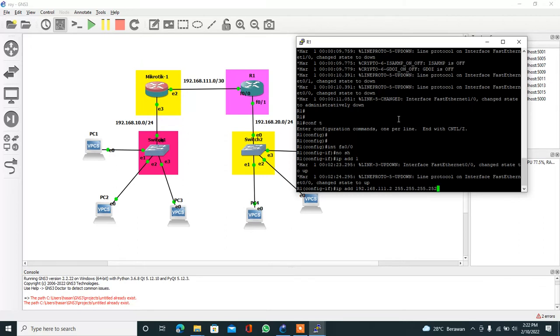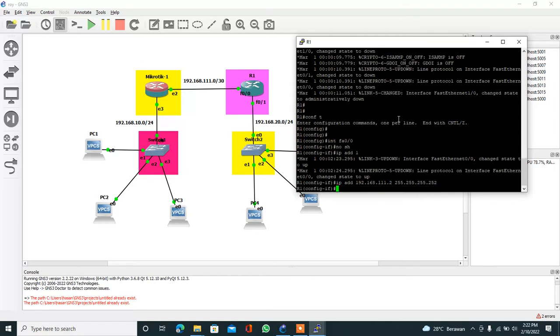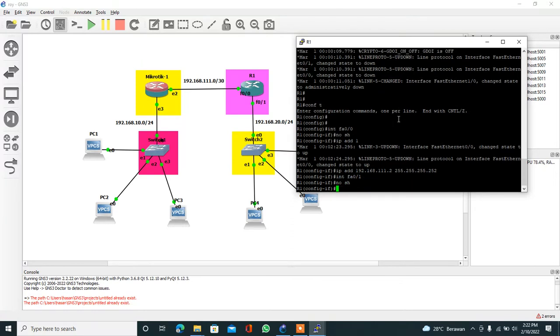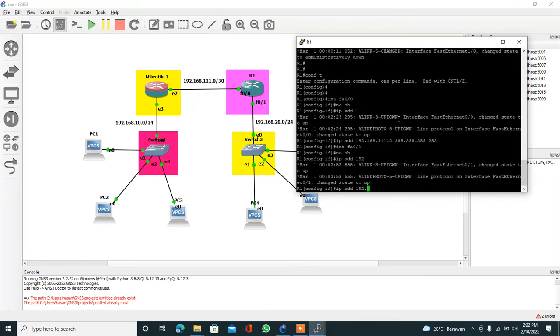This is prefix 30, not prefix 24. Enter. Next, enter interface FA0/1. Type no shutdown and add IP 192.168.20.1, subnet mask prefix 24, that is 255.255.255.0.